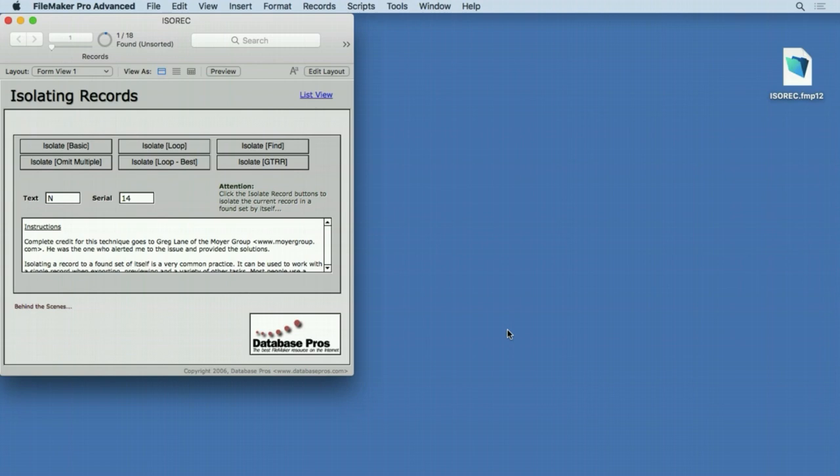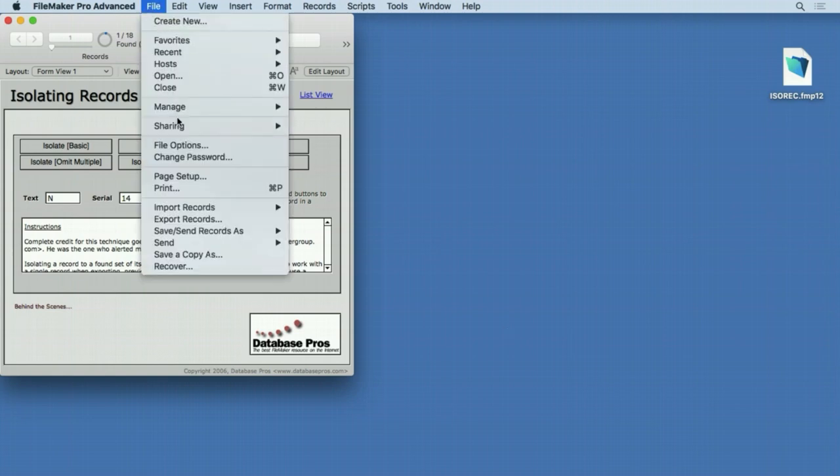Isolating a record as the only record in the found set is a common scenario, especially when previewing. I do it all the time. Unlike printing, Preview has no option to display the current record versus the found set, like you find when you print. If I go to Print